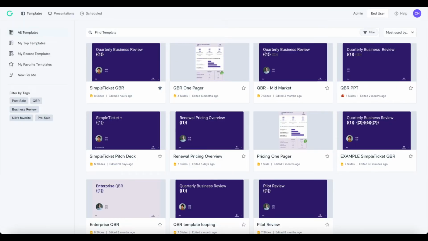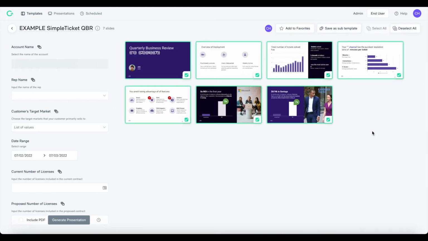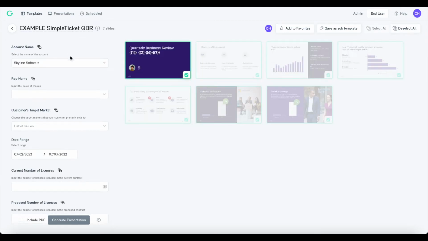Scheduling is a unique Matik feature which allows you to auto-generate presentations on a set cadence and have them delivered directly to you via email and within the Matik app. To schedule the generation of a presentation, first select your desired template. Populate the necessary inputs on the left side of the screen